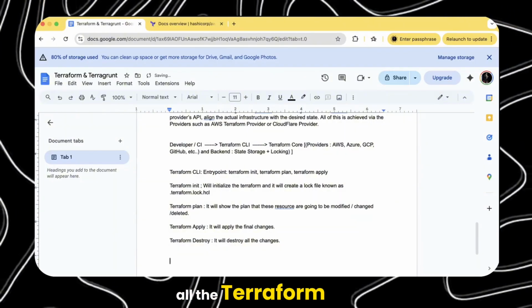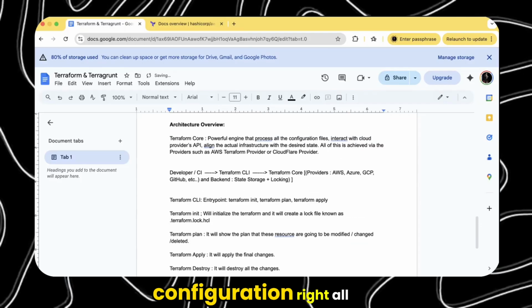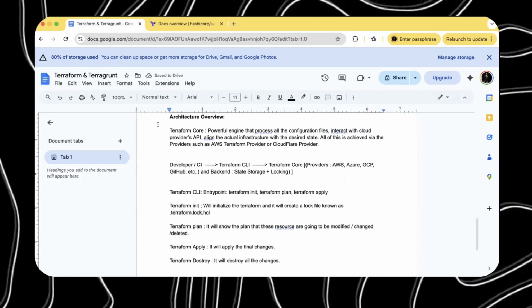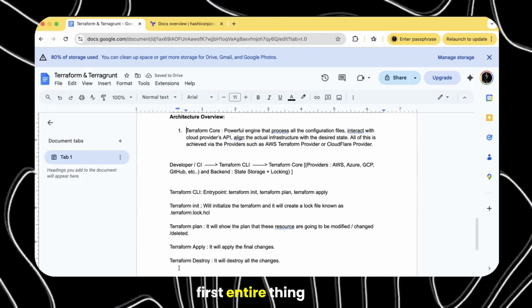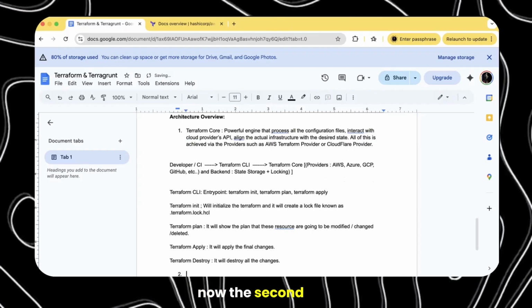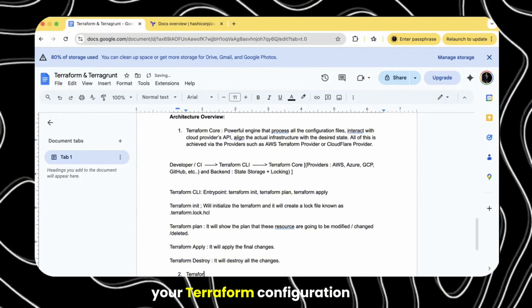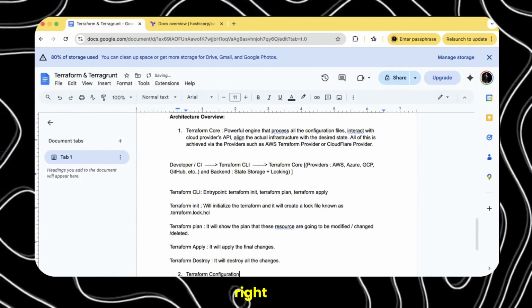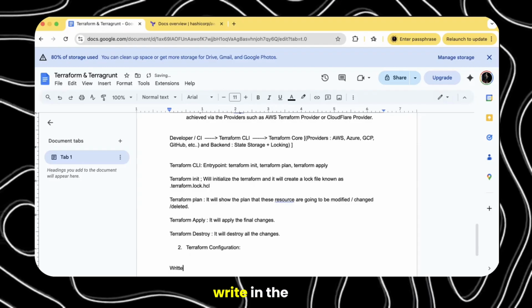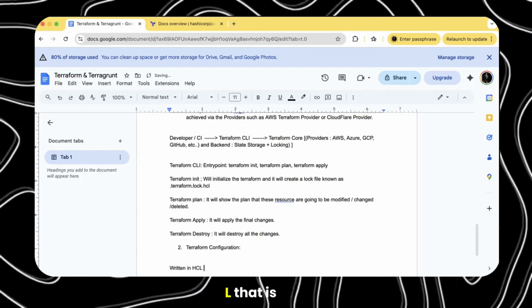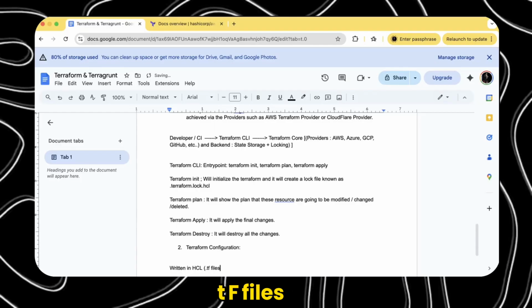This is your first entire thing here. Now the second entire thing would be your Terraform configuration, which you write in HCL, in the .tf files.